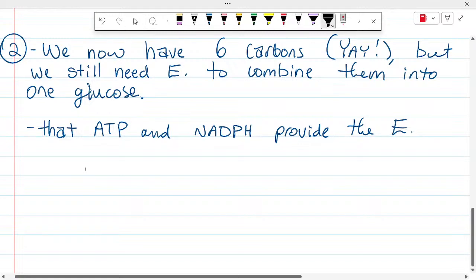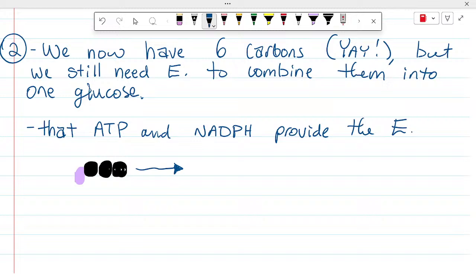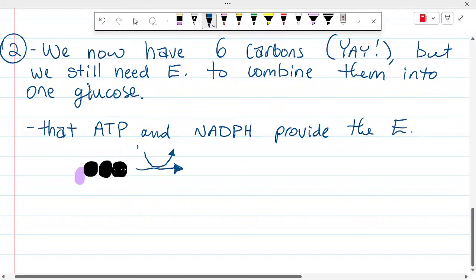We have our 3-phosphoglycerate, and again, for the purpose of our drawing here, we're just going to draw that this way. It is going to be reduced. If it's going to be reduced, that means it's going to be given energy, right? And if it's being reduced, then something has to be oxidized, right? So in this case, ATP is going to be oxidized into ADP, and then the other phosphate group is going to get tacked on to our phosphoglycerate, and that's going to make another phosphate group, and we call that